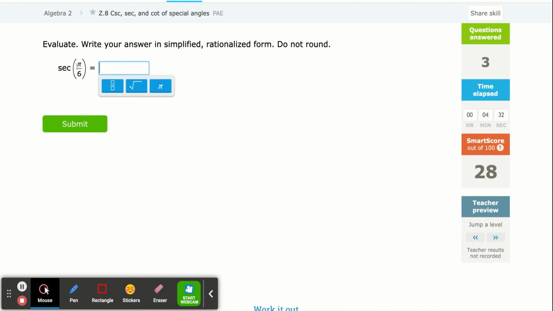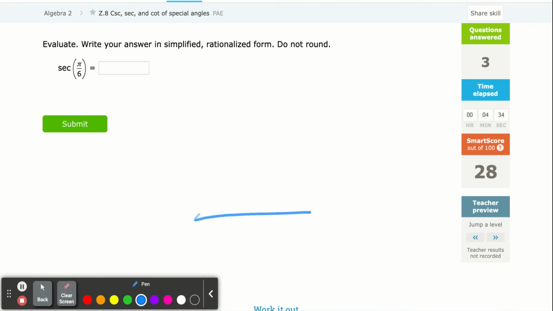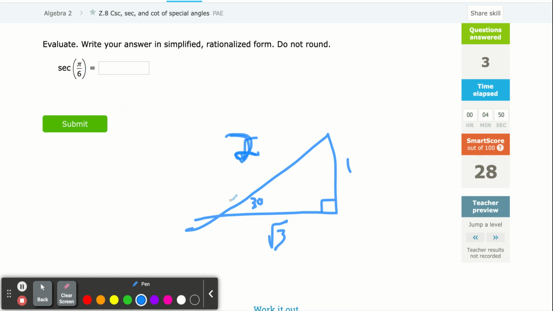Here's a radian measure. Pi 6 is 30 degrees. So again, I just quickly write down this 30-degree angle here. Square root of 3 is down here. This is 2. There's no square root on the hypotenuse of the 30-60 right triangle. I'm doing secant, which is the reciprocal of the cosine. Cosine is adjacent over hypotenuse, so this will be hypotenuse over adjacent, or 2 over the square root of 3,